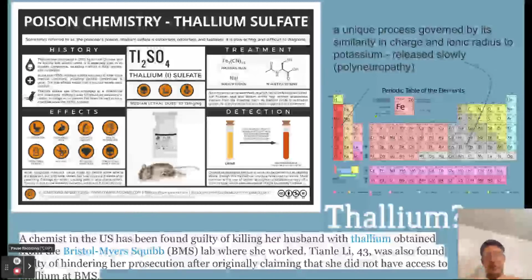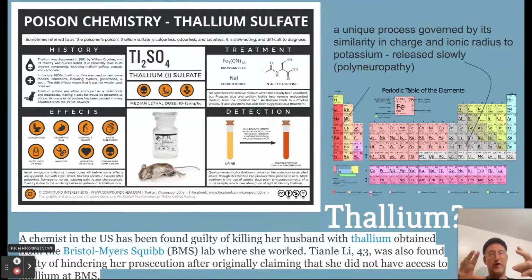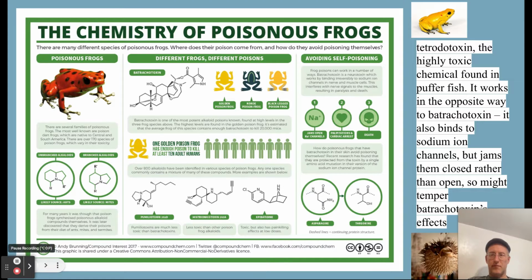Thallium would be your poison of choice today because it is slower acting and it tends to replace phosphorus and potassium in the body. So it'll kill somebody slowly, make them sick over time. There is a case of a person who was a chemist who got a hold of thallium. The difficulty is getting a hold of enough thallium to poison somebody over time. And this person poisoned them, but then was discovered because she was a chemist and they knew that she had access to thallium. So they actually checked for it. You can antidote it with Prussian blue. And Prussian blue is a dye that's very common, so that's a really good thing to know.